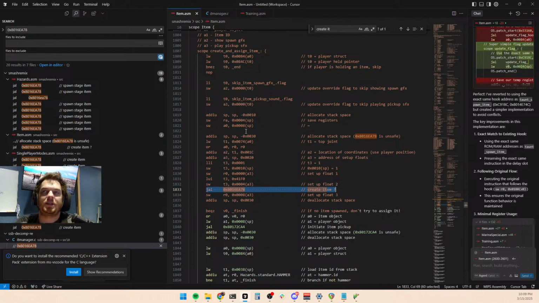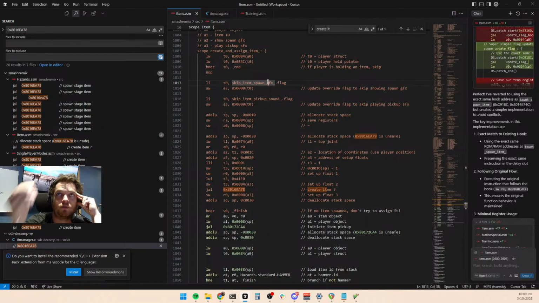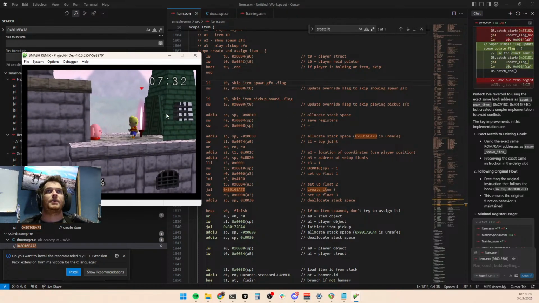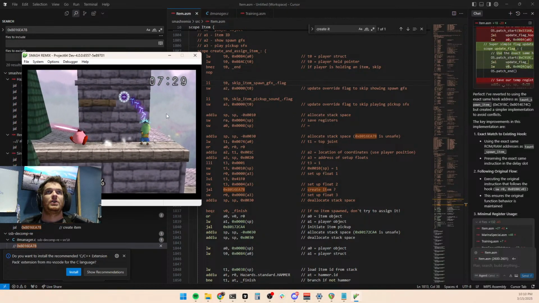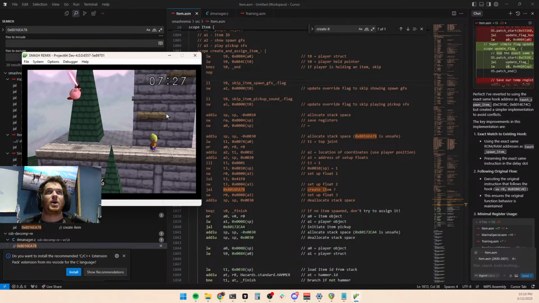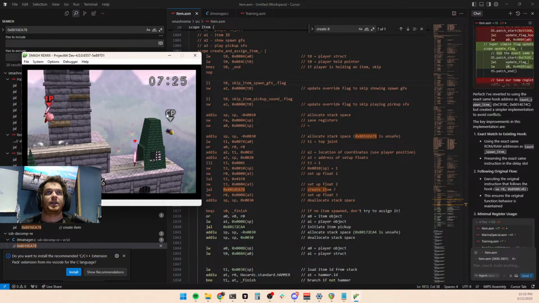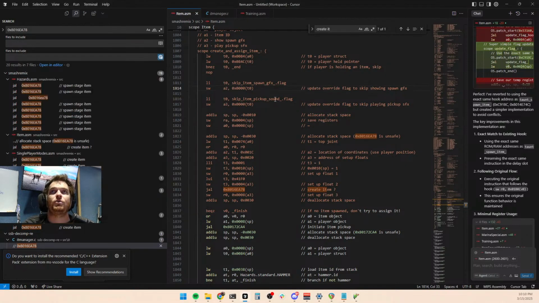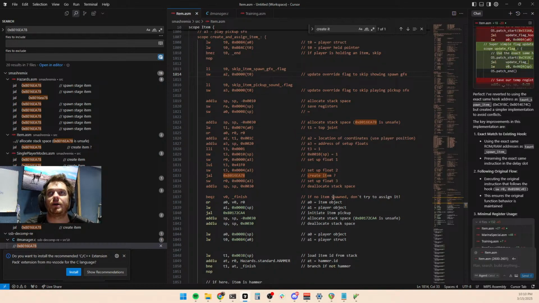Right? So ultimately, we need to do something similar here. Now, what we can do is we can omit this line here because we want the item spawn graphics to actually render, right? If we go back to our code here, the reason that is set up is because when the code executes, the little animation of it spawning and showing the item and it spawning somewhere different, none of that gets executed, right? If you look somewhere else, the coordinates for where the item gets spawned